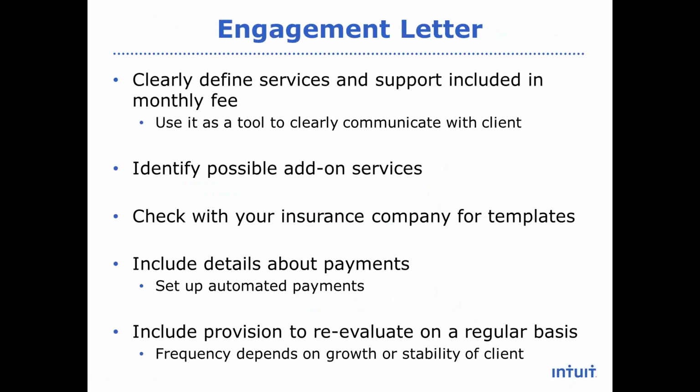Also, you need to consider whether the client is growing. Are they a rapid growth client, or are they a pretty stable client, pretty consistent? Are they a seasonal business? All of these things you need to take into consideration and reevaluate on a regular basis, perhaps quarterly, perhaps twice a year. At a minimum,